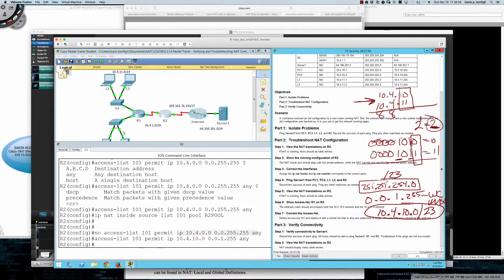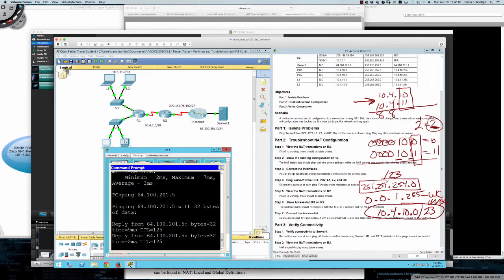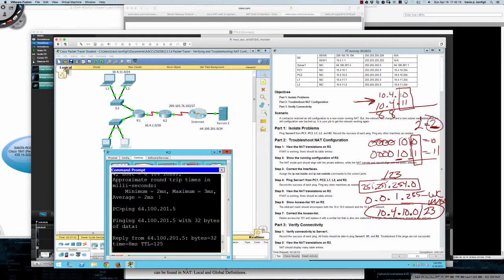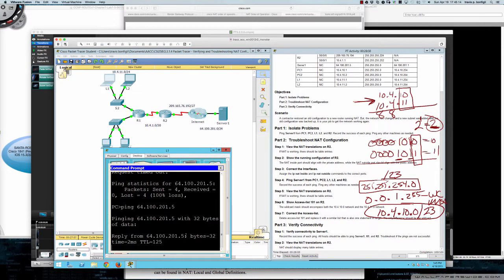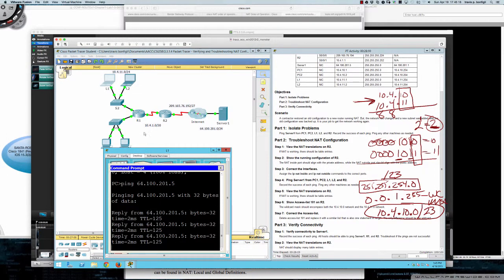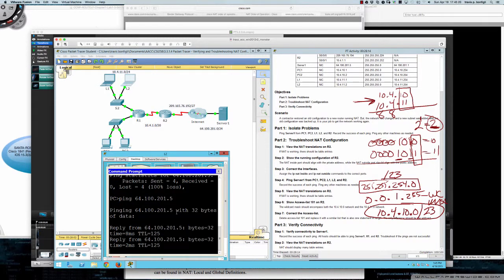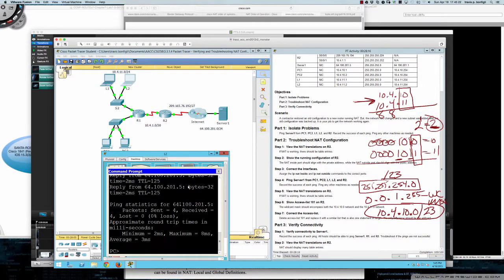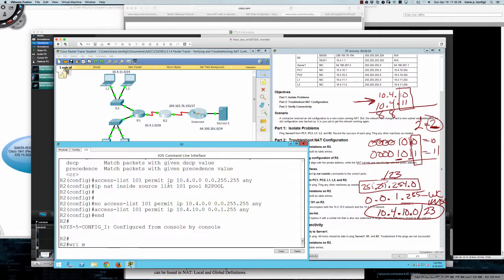So now let's verify connectivity here. From PC1 we should have no problem, PC2 should be no problem, and now let's pull the laptops into the fold, and these guys should be able to get out as well. And as you can see, it's working, right? And there we go. Let's get router 2 back up here, and let me save the config just in case,